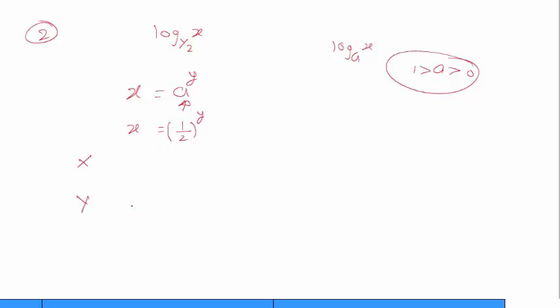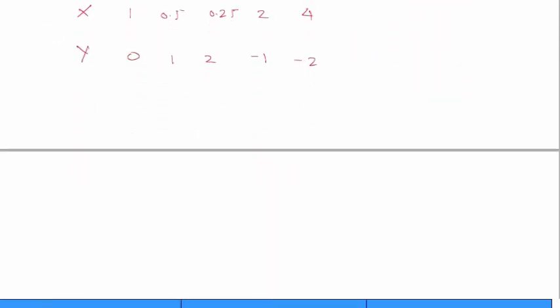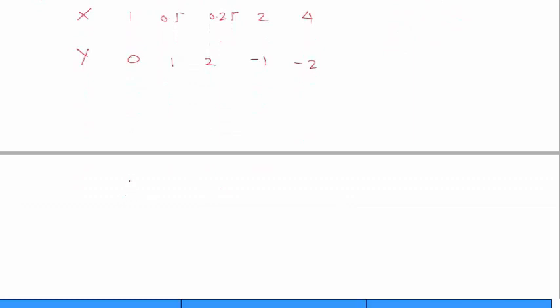Suppose I take y as 0, so you get 1 by 2 raised to the power 0, that's 1. If I take y as 1, you get 1 by 2 raised to the power 1, that's 0.5. If I take 2, you get 0.25. If I take minus 1, you get 2. If I take minus 2, you get 4. So you can notice here, if you just plot the graph,